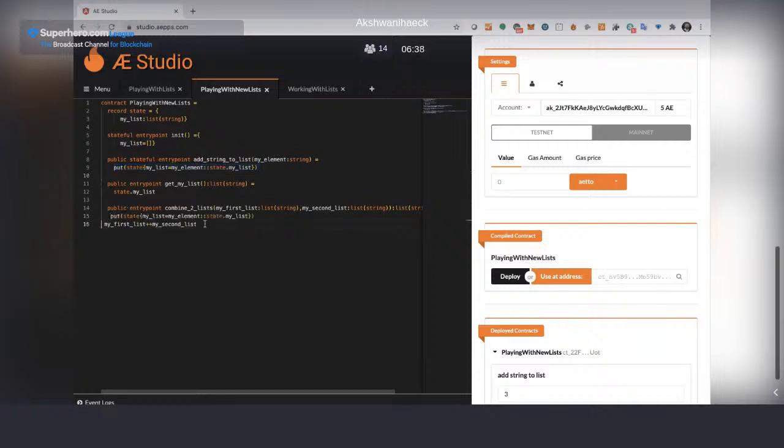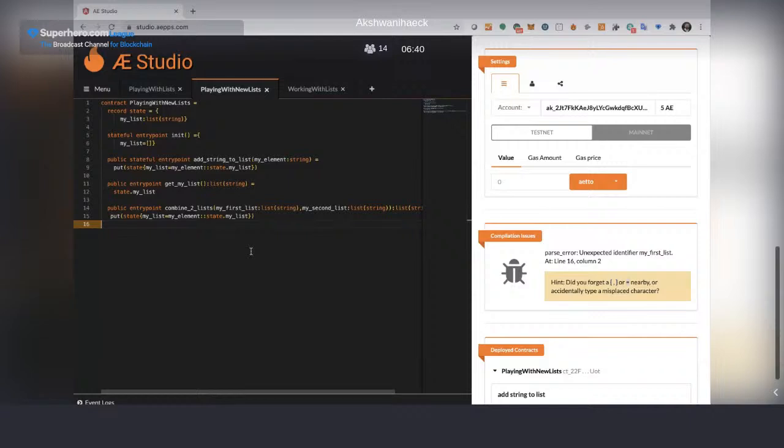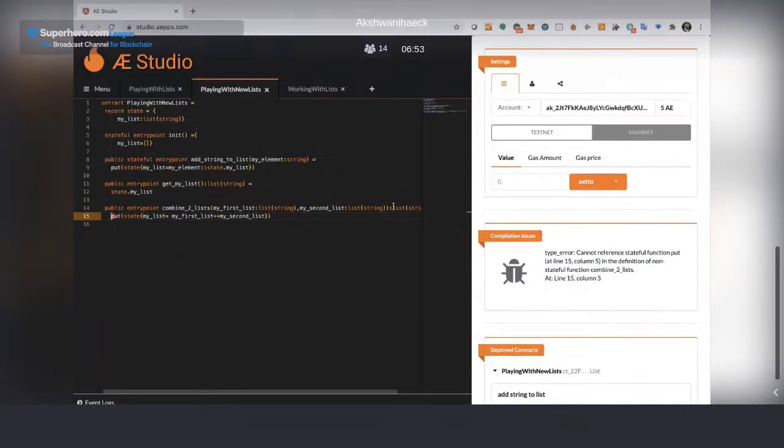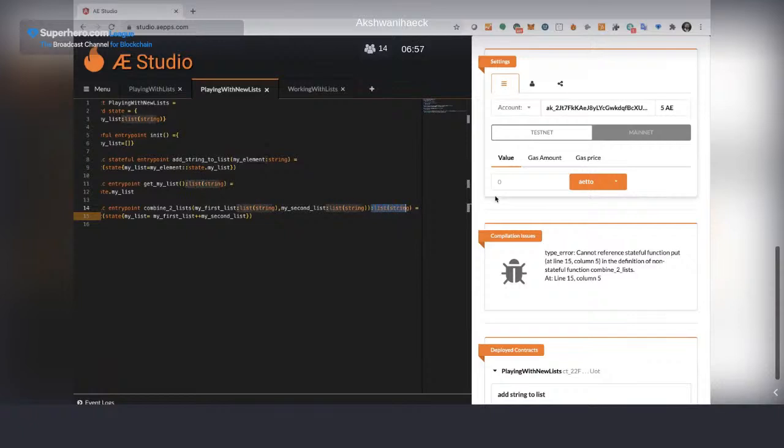Let's try it. My list, I will put it on the state. Done. Here I need one more space, I think. Oh, no, because I'm returning. So I need to remove this.